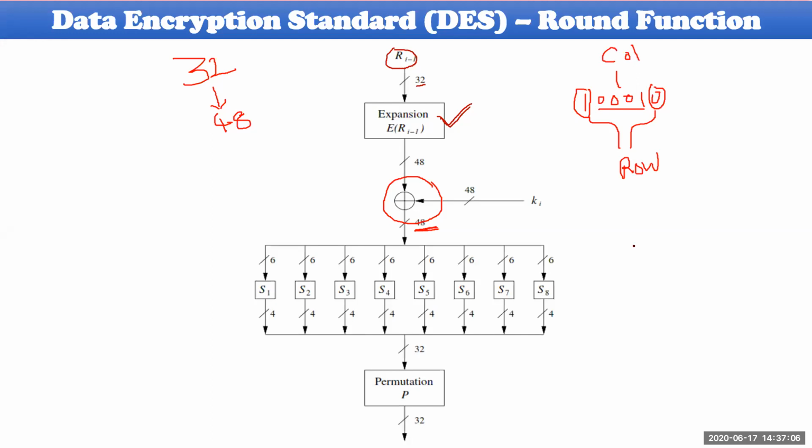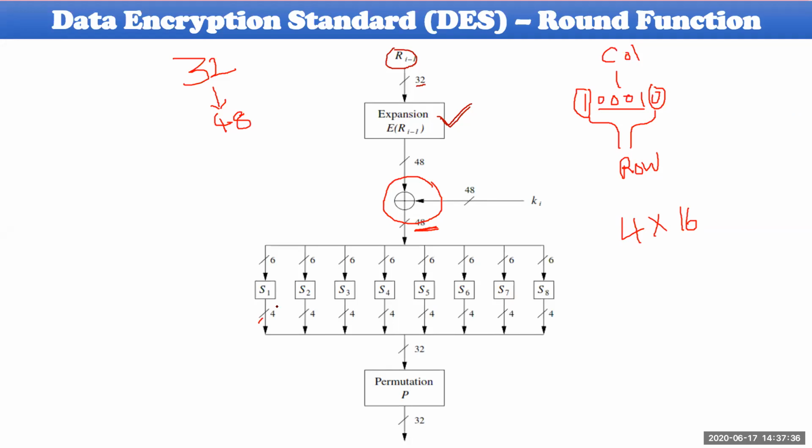So each and every S box will have 4 rows and 16 columns available. Based on this particular row and column, we have to identify one value and convert that value again into a 4-bit value. I mean, a decimal number will be converted into 4 bits, and the output will be 4 bits here. Observe this one. If you have any questions, please go through the S boxes already uploaded.